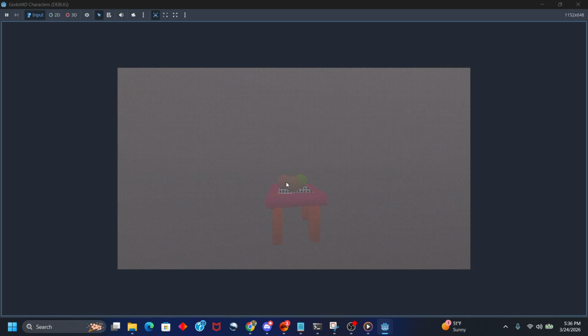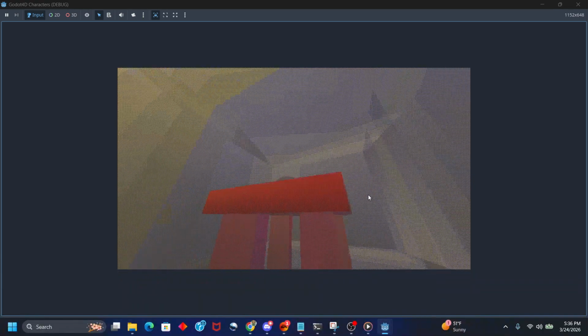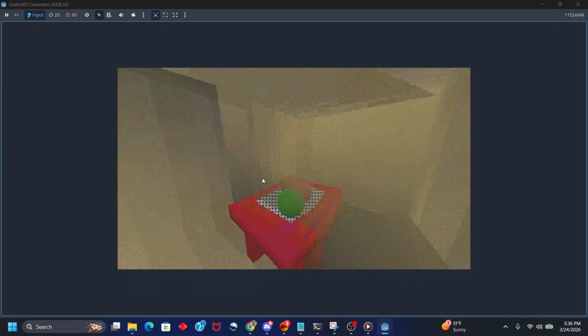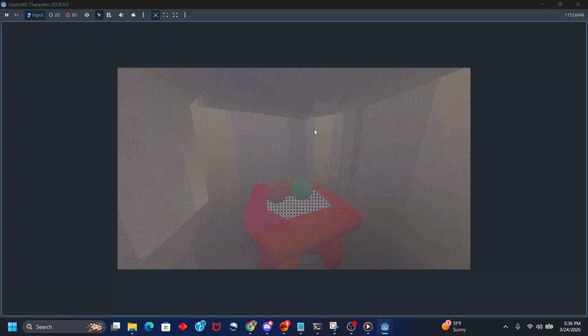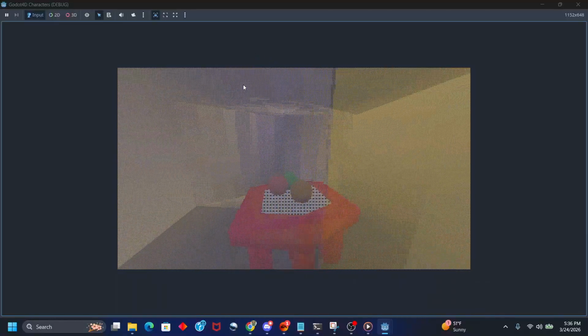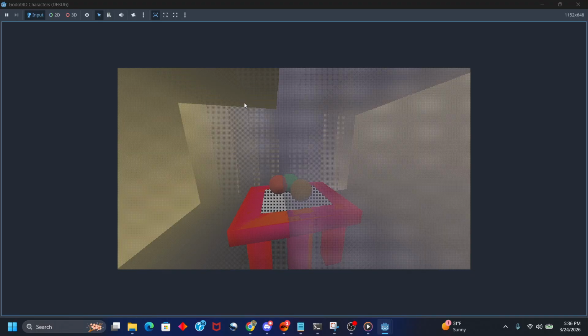We have a little fancy beige room, a little red table in the center, and there's a plate with three kinds of apples. But the legs of this table are actually arranged in a cube. So if we rotate, we can see that there are actually eight legs in here, and the entire room will rotate around. This is a 4D world, and I am rendering this not using tetrahedral slicing as is normally done,